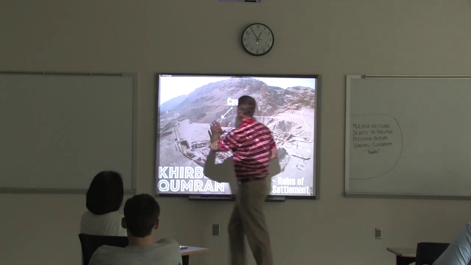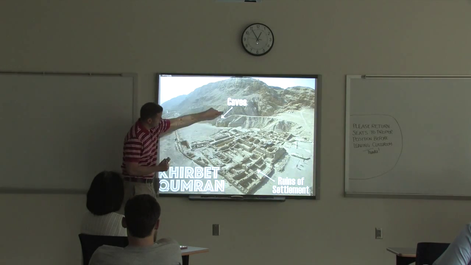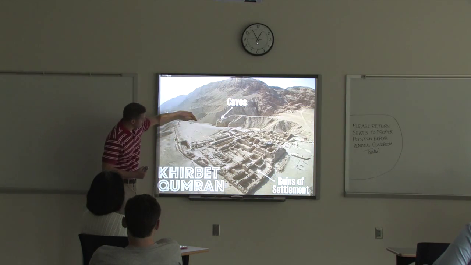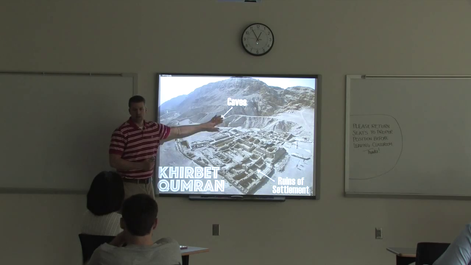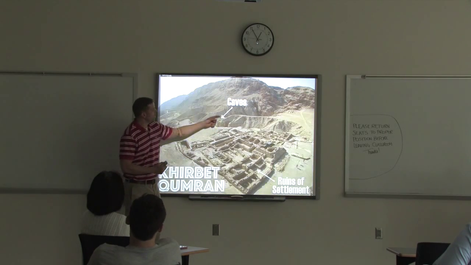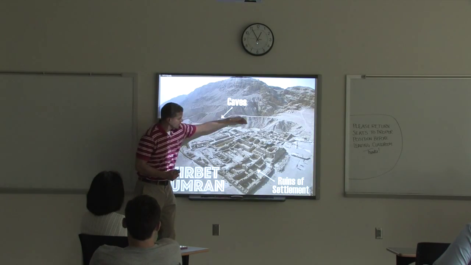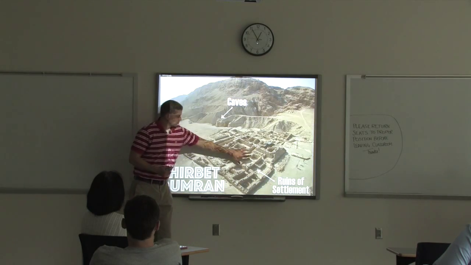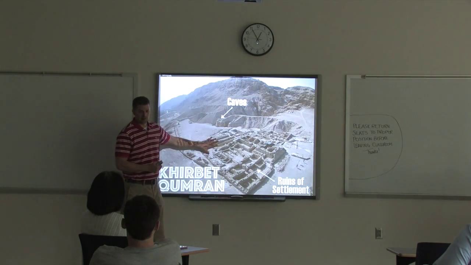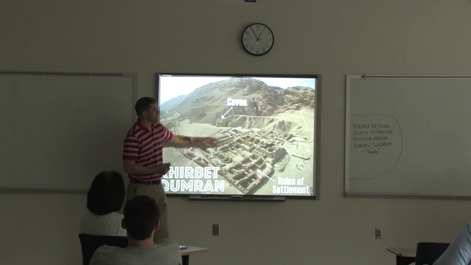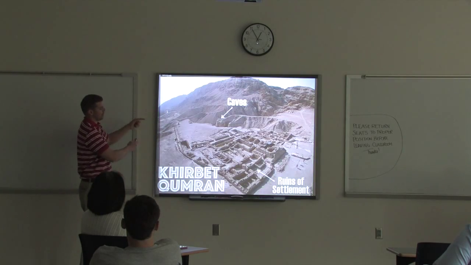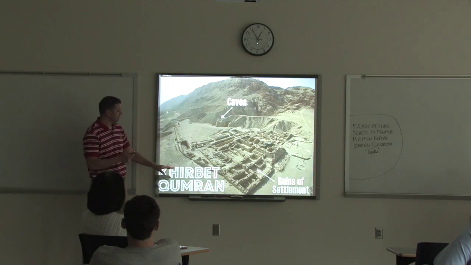You'll see here, this is a picture of the caves down in this area. These are caves all along through here. These are where some of the manuscripts were found. Well, we noticed above the caves, and actually there's a trail that leads to this, were the ancient ruins of a settlement, just right above these caves. So we kind of pieced this together. This is called Khirbet Qumran.